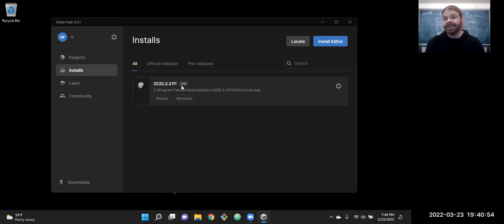The LTS stands for long-term support. That means they feel like they've worked the bugs out of this one. They've decreased the team working on this one and moved most of the people to the newer version, and there's just a couple people because most of the bugs have been worked out. So you want to download an LTS version.